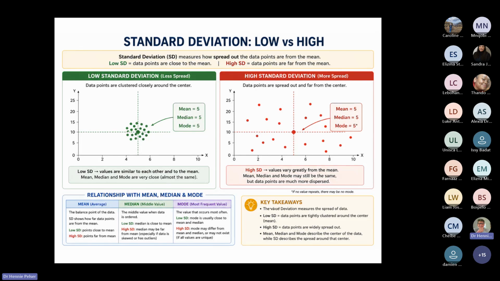So the reality is, when we have a closely knit group of results, it means that you have a low standard deviation. So the reality is that you have values similar to each other, and then obviously the one that is a little bit more difficult to assess is your high standard deviation, and that's why we generally will go through to using our mean. So the values vary greatly.